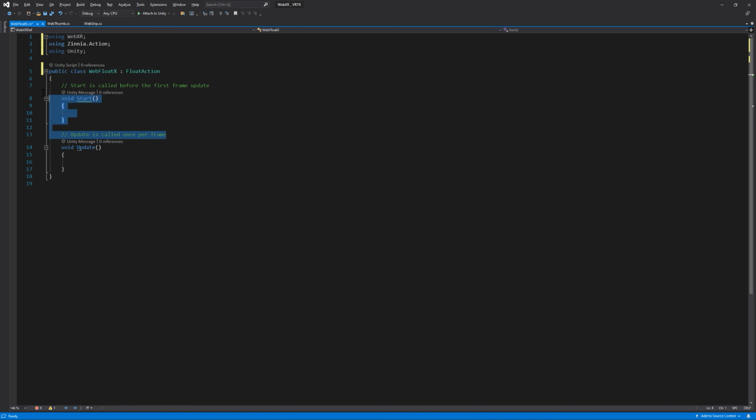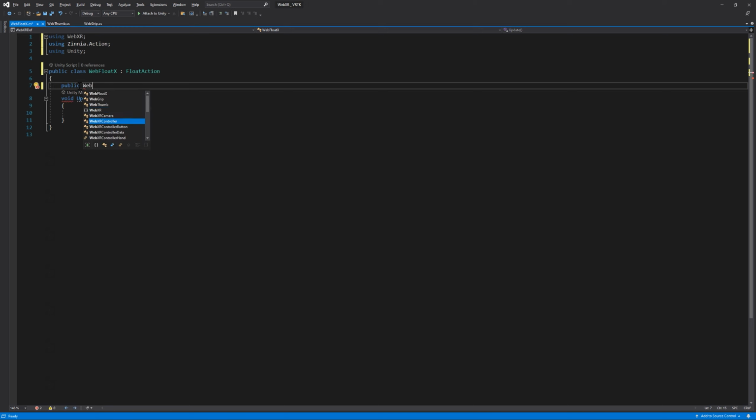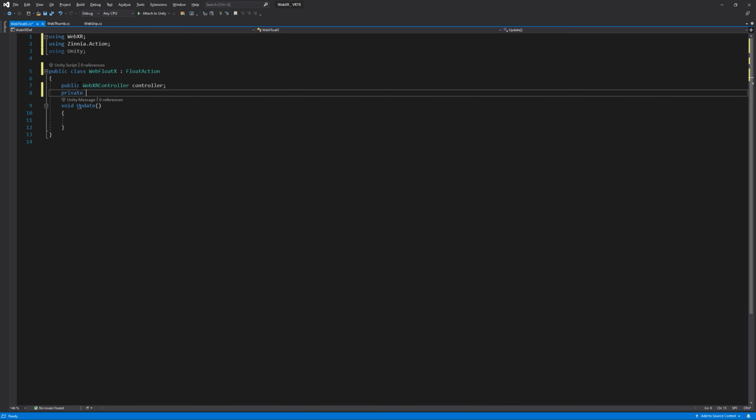We won't need the start function this time either, but we'll have to set up one public variable and just one protected variable. So we'll say public, this is going to be our controller. So just like before, it's called a WebXR controller. And again, we'll just call it controller. Let's set up a private instead of protected float value, and we'll call it the